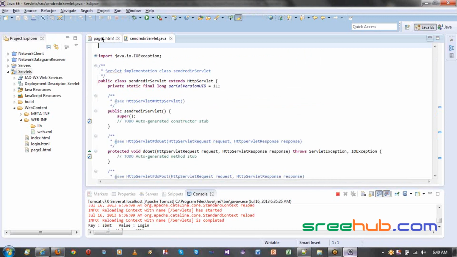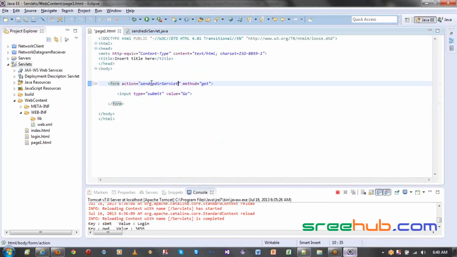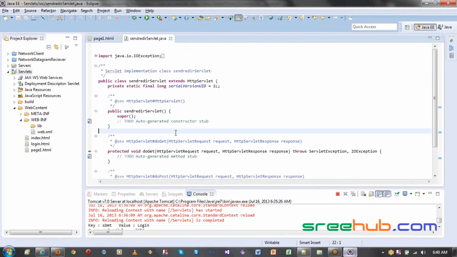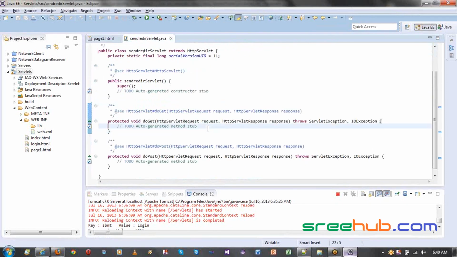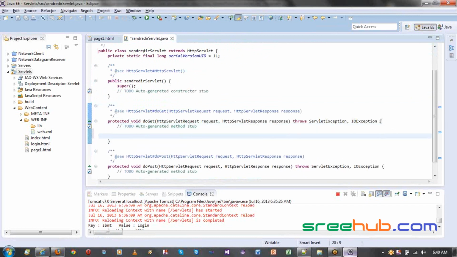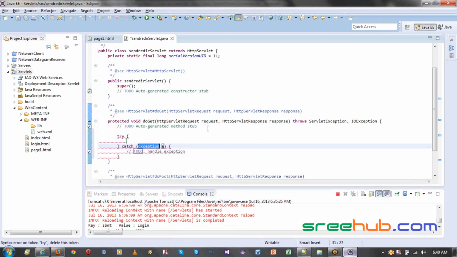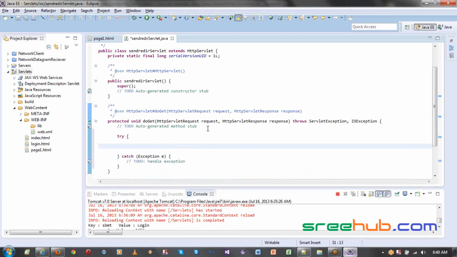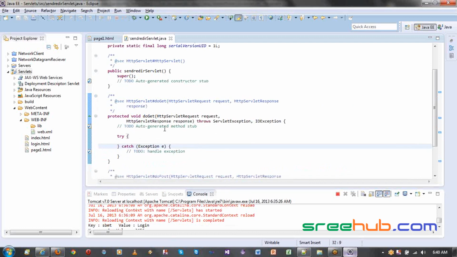First, let's come back here and say action as send redirect servlet, and let's not give any method. You can give any method, but if you don't give any method, by default it will come to the servlet and your get method will be triggered. In our get method, let us say we have a try catch here, and then